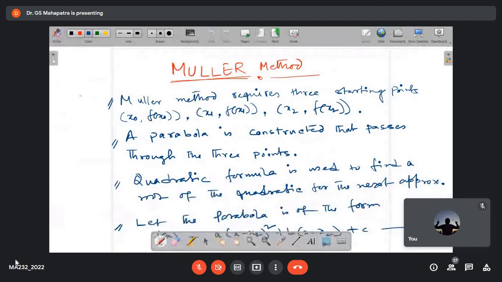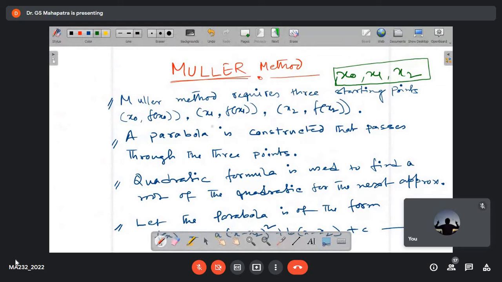Three initial approximations. So what are the three initial approximations? They are x0, x1 and x2, and then we will update these approximation values in each iteration. And how we will replace these three, we will discuss that one. So Muller method actually requires three starting points, x0, x1, x2, and for each point you will get